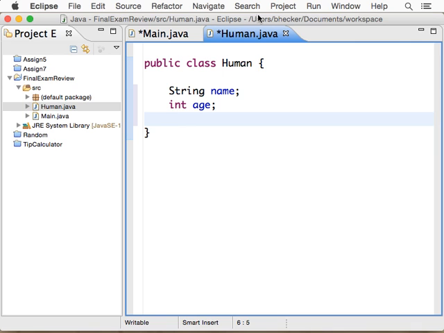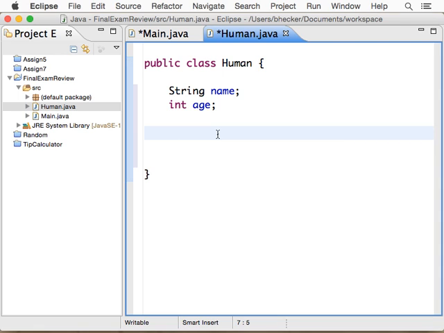So these are data members, or member function, or data members are fields. So if I said create a class human that has two fields, a name and an age, we know that we have a data type followed by the name of the variable we're creating. I've created two of them here. One that's a string type, the other one's an integer type. I stuck them at the top of human. These are things I'm looking for. I'm grading this exam. Doesn't matter what order you stick stuff in,